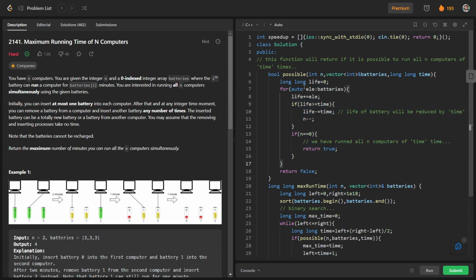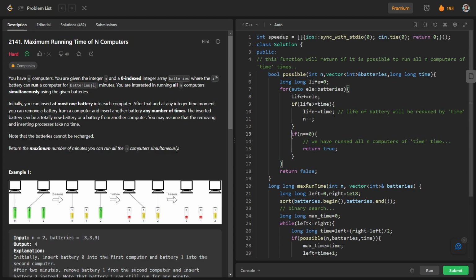Okay, so we will iterate over all batteries, we will get the life of the batteries, and if the life of the battery is greater than time, it means that one PC can be run for this much time. And if it can be run for this much time, it will use the battery life. The battery life will decrease by this much time, and we will reduce the value of n.